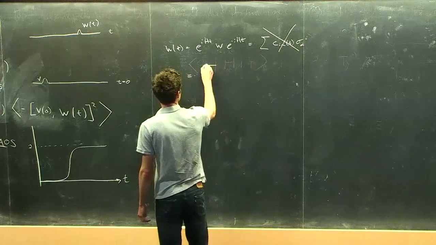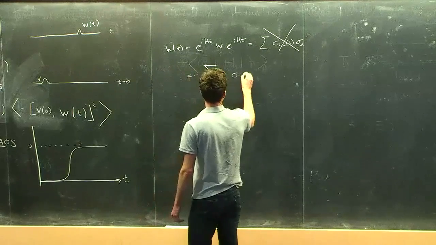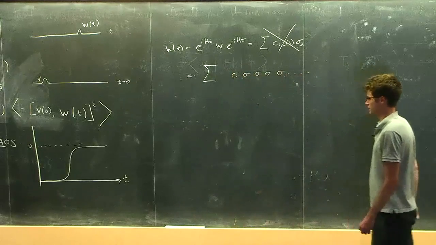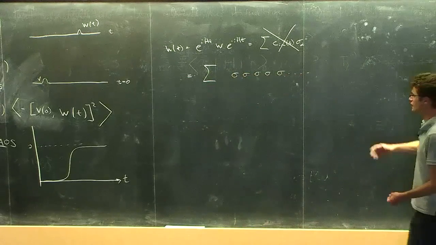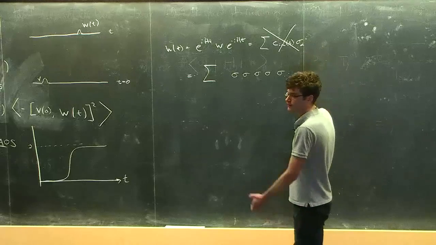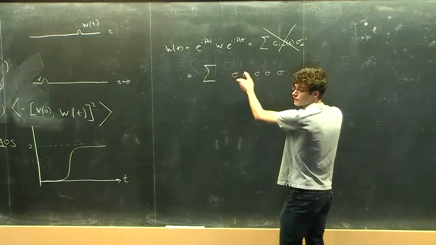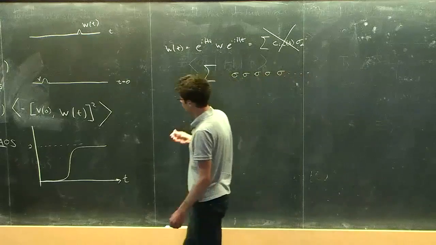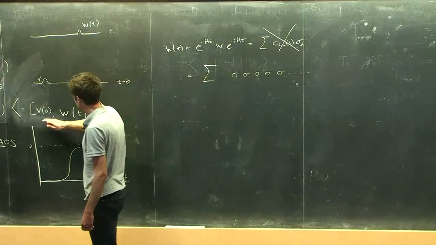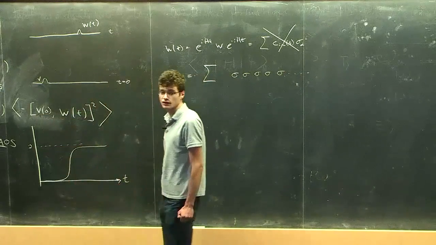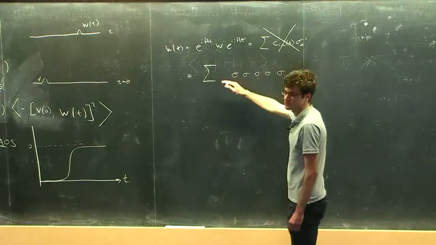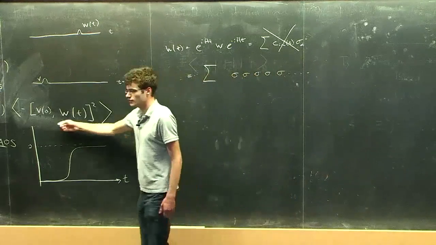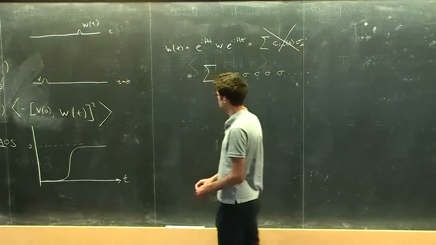Instead, the right picture is that this operator is becoming a sum of products of spin operators at various sites. As the time increases, the typical length of the term in the sum becomes longer and longer. And so in particular, for late time, the v operator at site 1 will fail to commute with most terms in this sum. That's how you get this commutator to be large.